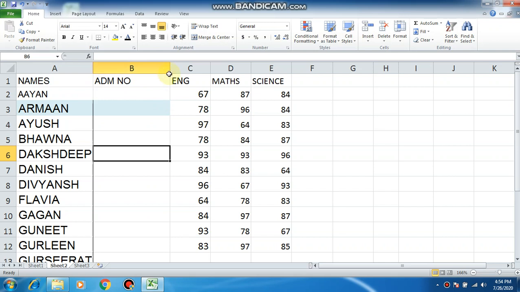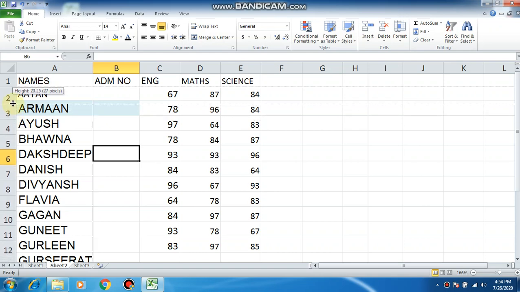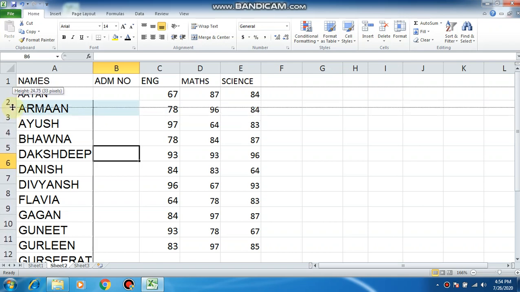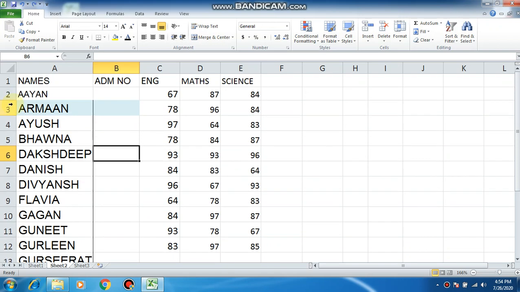In case I may want to change the width of the column, I can drag this pointer to adjust the width of my column here. I can drag it to increase it or decrease it, whatever I want. And same is the case with the row: I take my pointer to the end of the border of the row, and I can move this pointer to change the height of the row. I can increase the height of the row and then decrease it, whichever way you want, right? So I can change the width of the column and height of the row by dragging this mouse pointer,